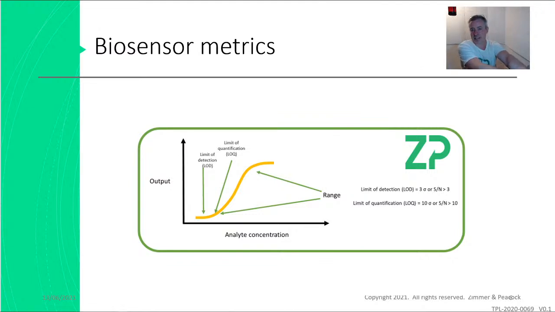But what makes biosensors and their data sheets that much harder is you've got many elements that contribute to the signal. You've got the biosensor, and you've got the biosensor sitting in the sample,